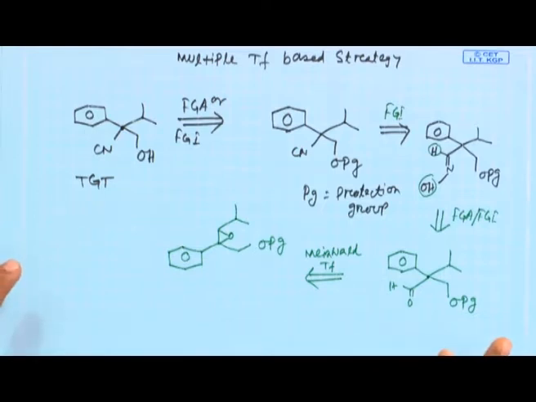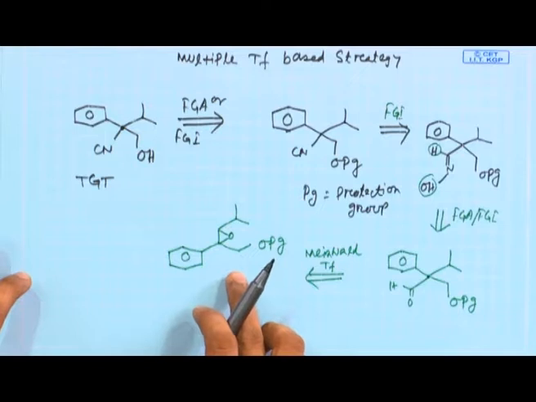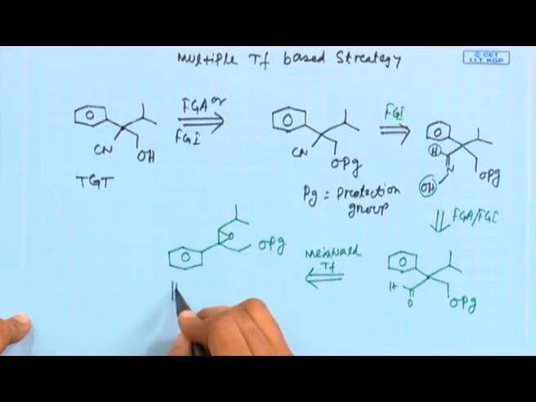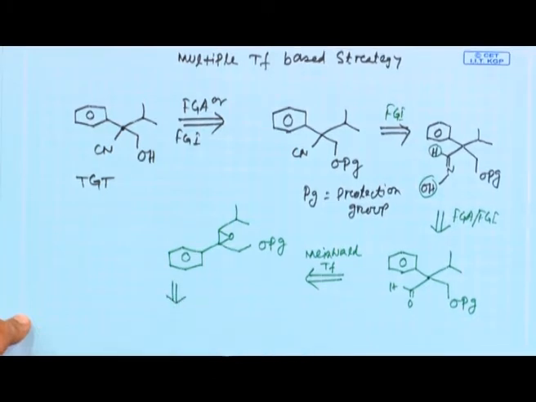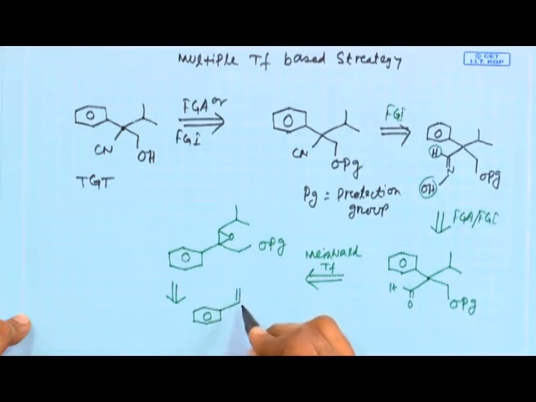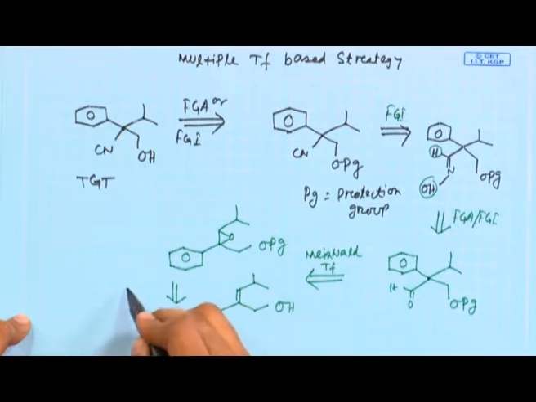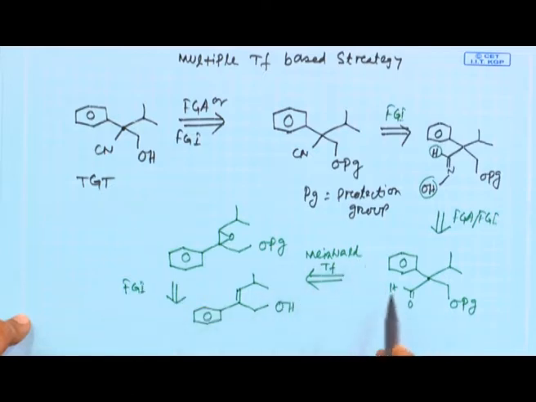Now, you know the mechanism of the Meinwald rearrangement, and I am sure you can figure out how this transformation takes place. Next you need to make this epoxide, a simple job. You can now make this alcohol free, and if you have this kind of allylic alcohol, you can easily make it. So, this is an FGI. The Meinwald transformation, as we discussed earlier, you know the mechanism, you can easily formulate.